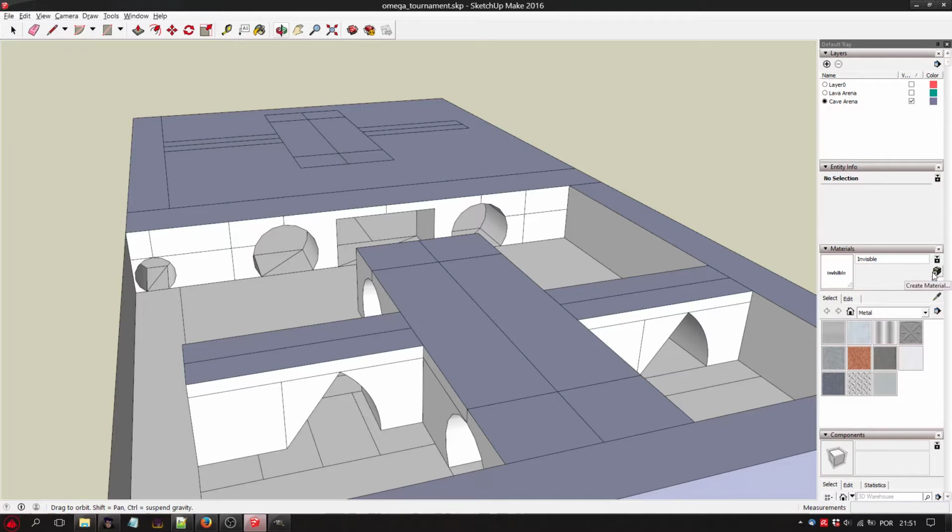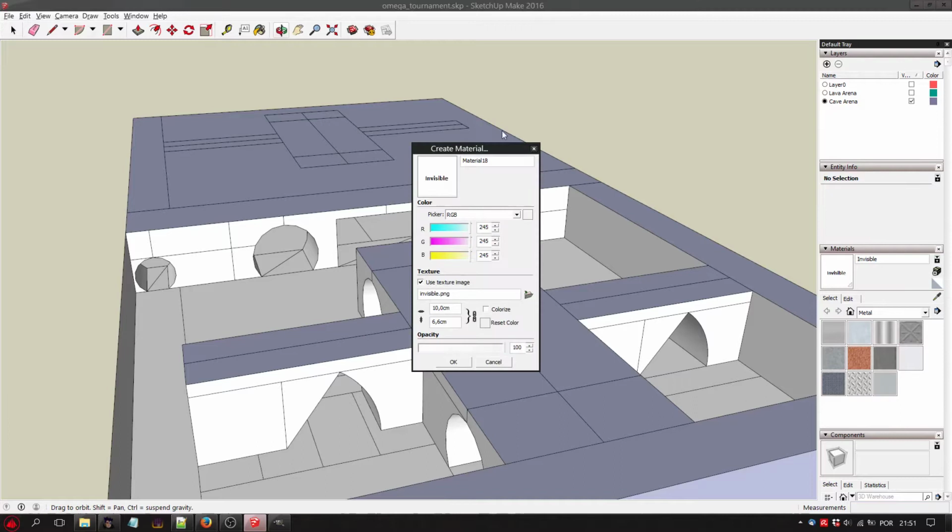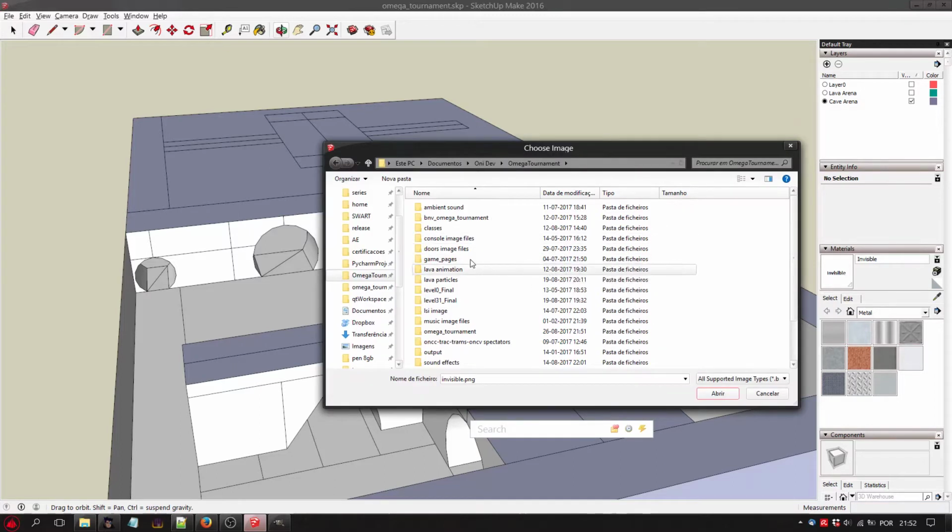So now in SketchUp we'll create a new material, and you can call it Cave Texture 1. Let's select the image that I have just saved.